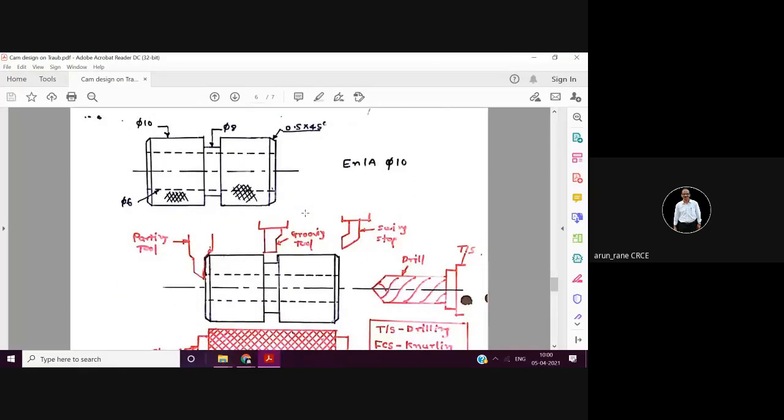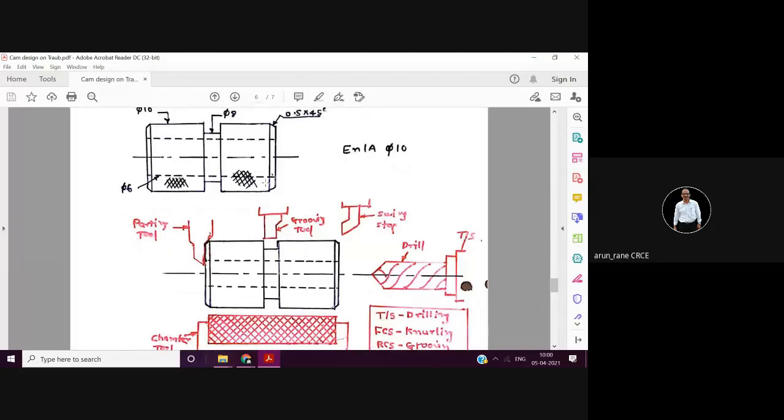This is another university component. So you have a knurling operation here, then drilling, then you have an undercut here, then you have another undercut here, and then a chamfer.